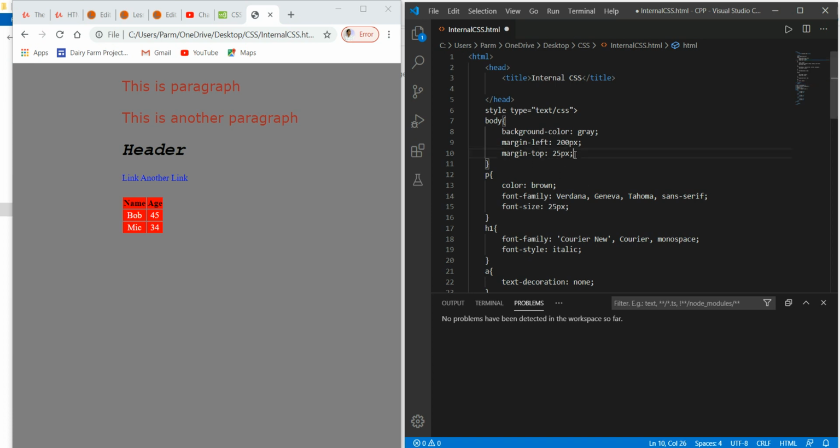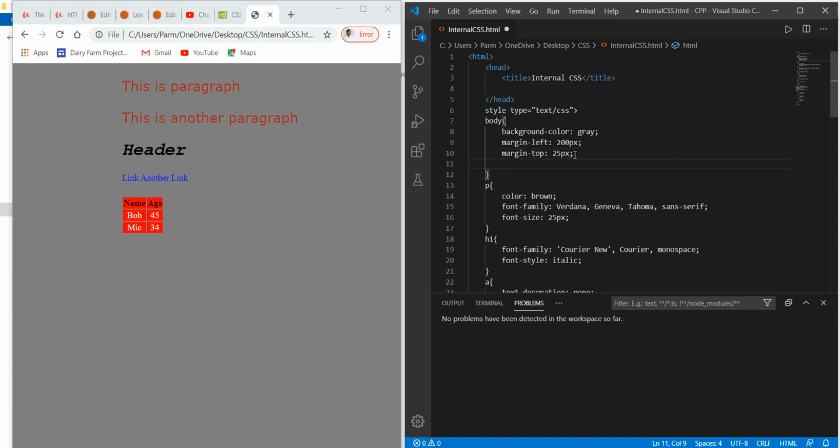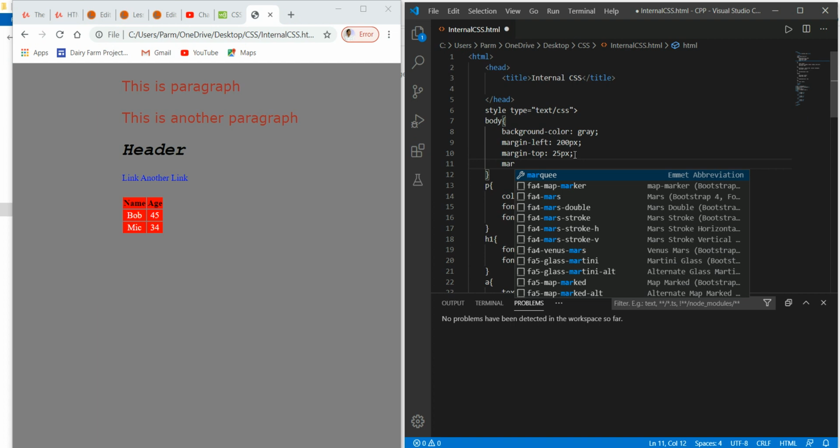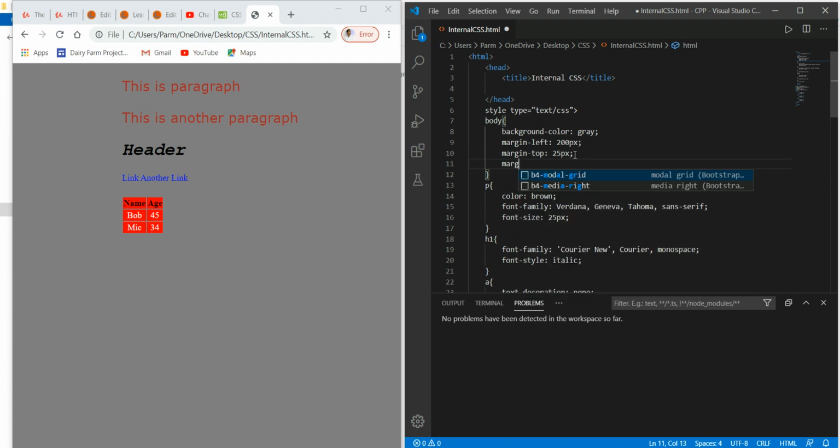Say I will add margin-right, colon, then say 100 px.